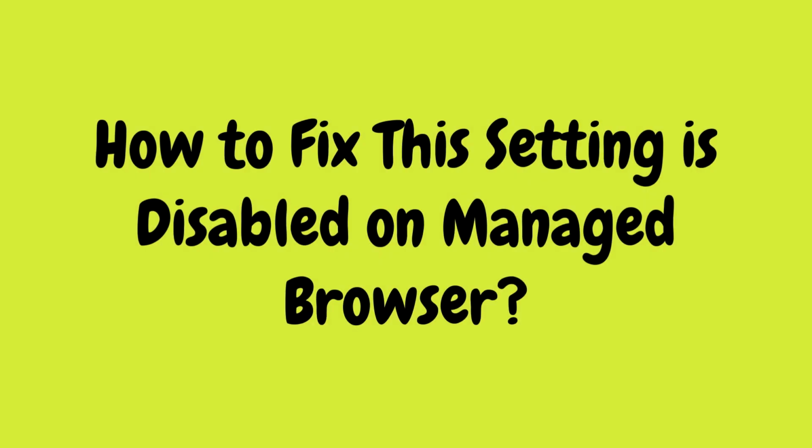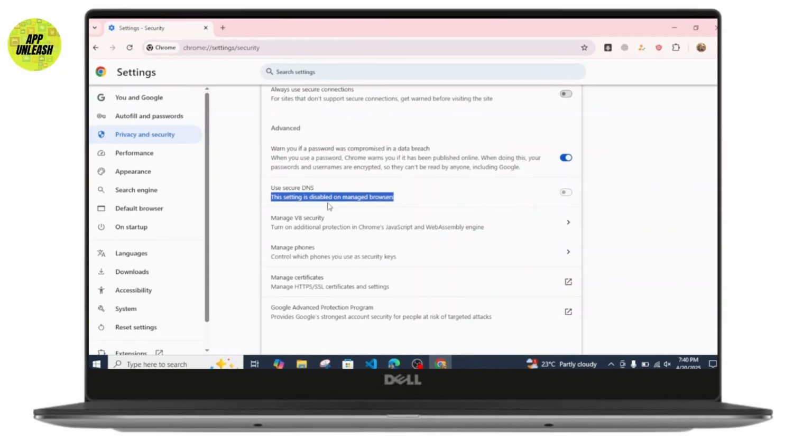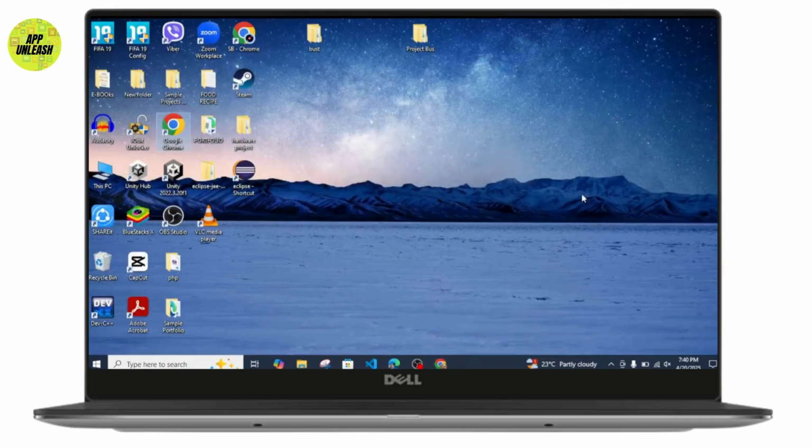To fix this, the setting is disabled on manage browser issue. So if you're also facing such an issue, or such a message being displayed in your DNS security section under your Chrome browser, what you can do is just come back to your home screen and simply hit the keyboard combination